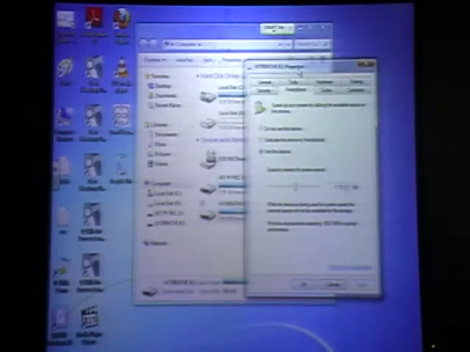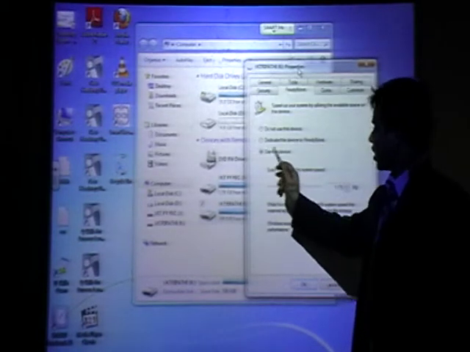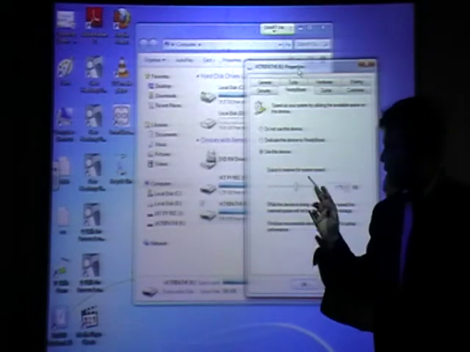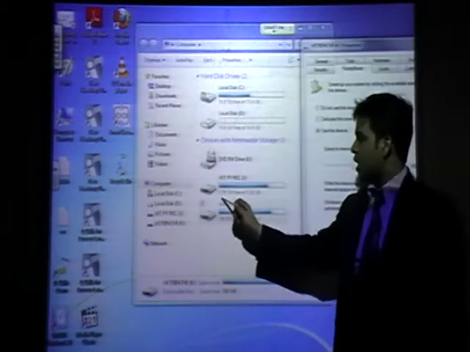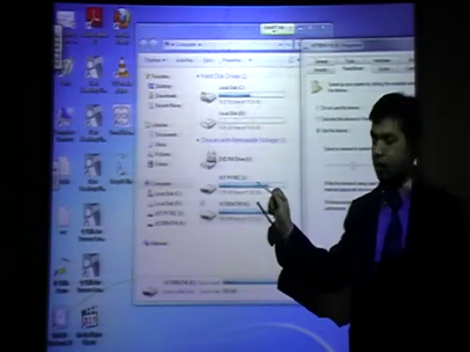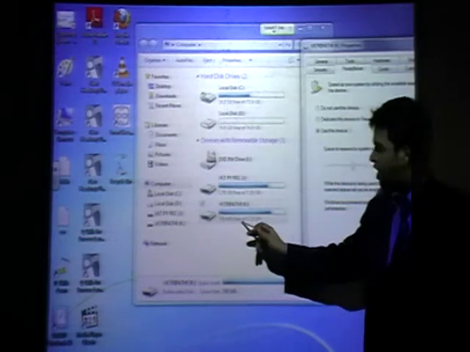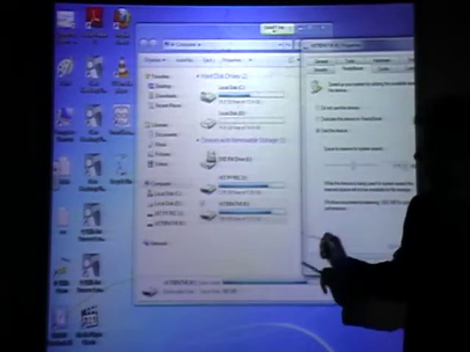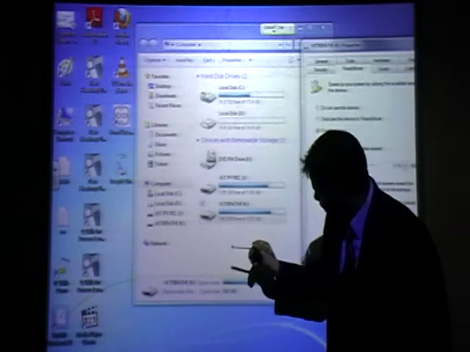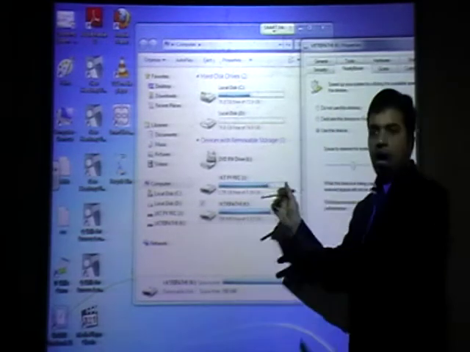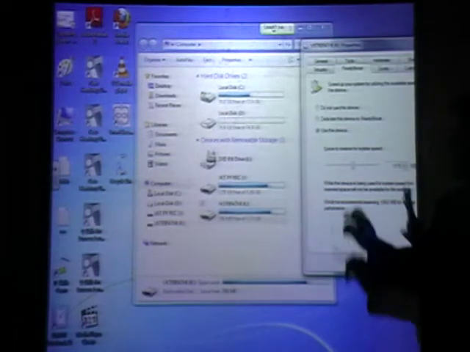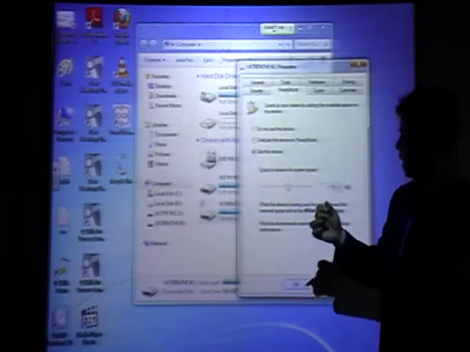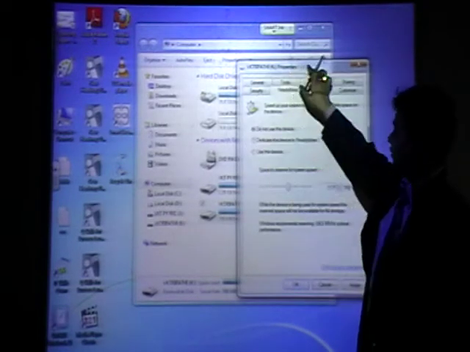ReadyBoost means from my flash memory, I have set use this device. Can you see? Use this device means my flash memory. You can see how many, 1.78 GB free out of 788 MB free. It is showing now 788 MB free. I am using my flash memory in this computer as a RAM. If I don't want to use it as RAM, I do not use this device and you see what will happen.